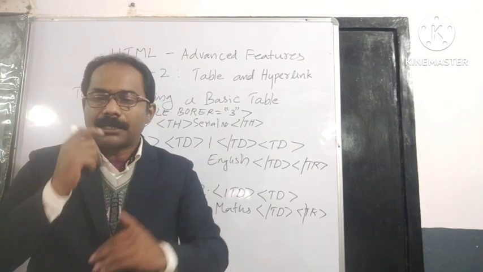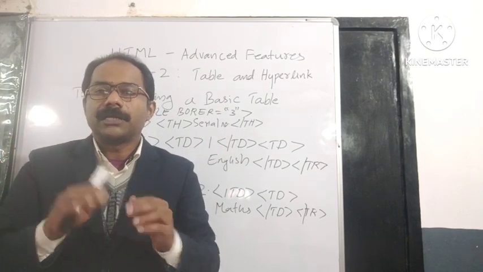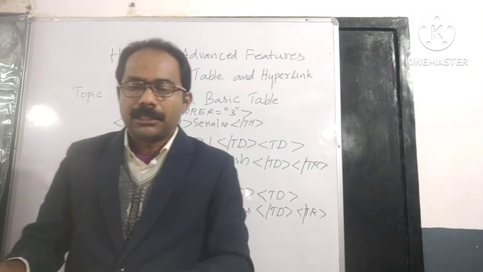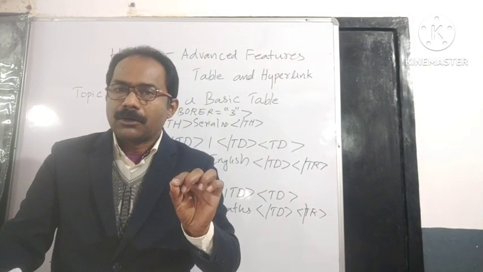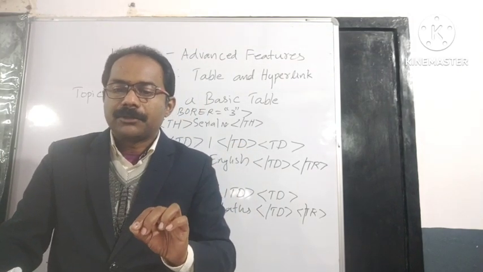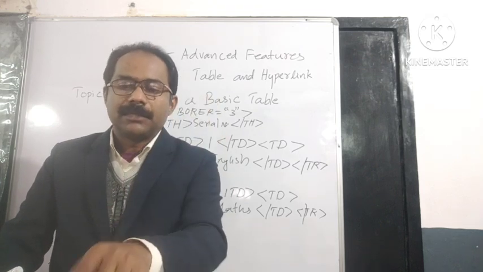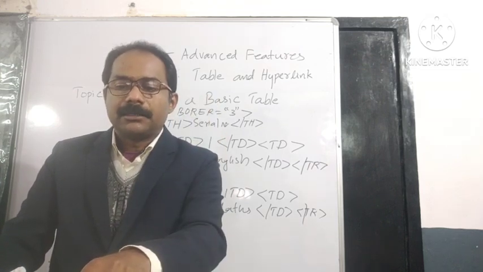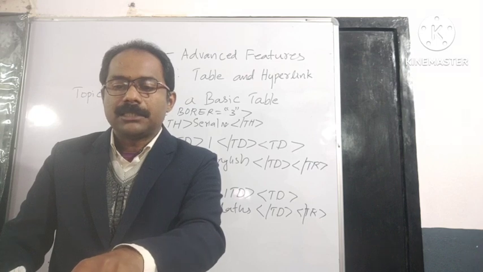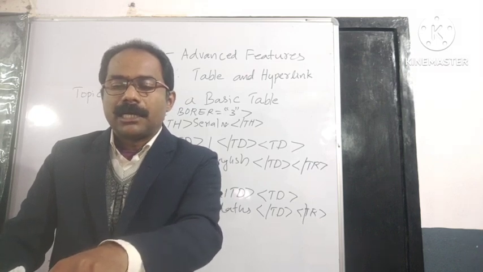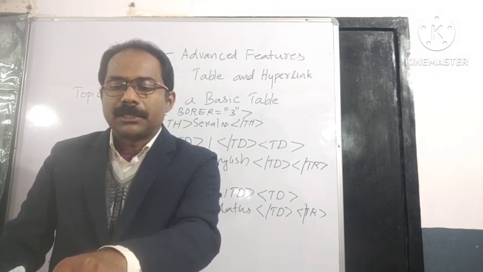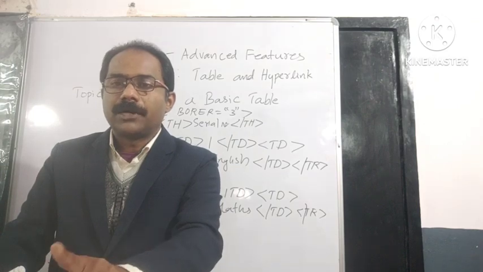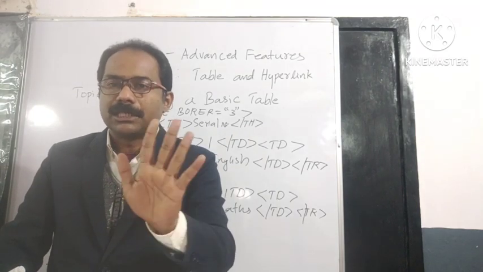Now for the second row, what do you have to do? Again we have to use the tr tag. Then in the second row we have to write the name of the student. Okay, then what do you have to write? TD again. TD tag, Amit Khanna, then /TD. That means cell 1 of row 2 is completed. Now close the TD tag.